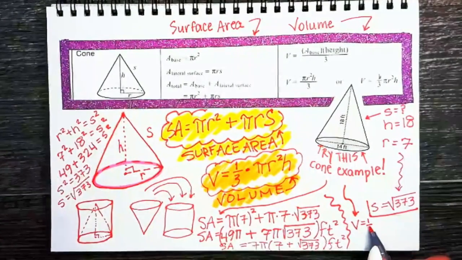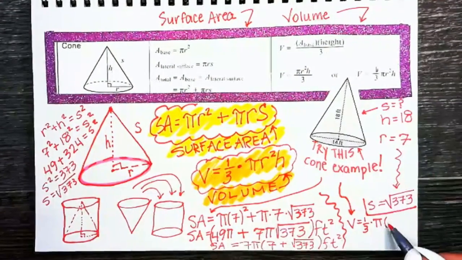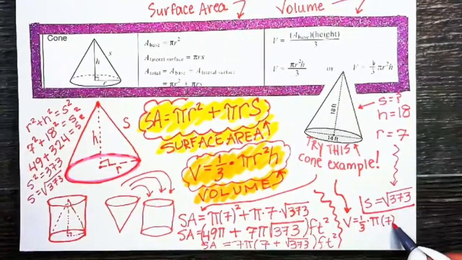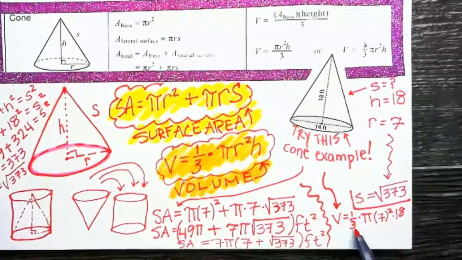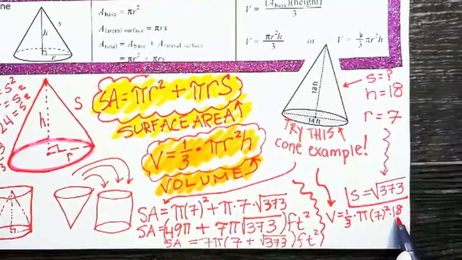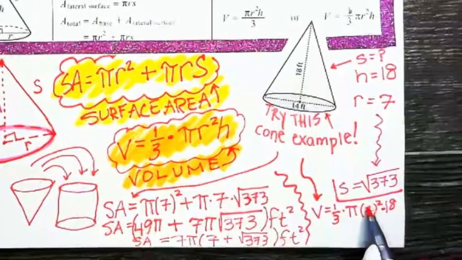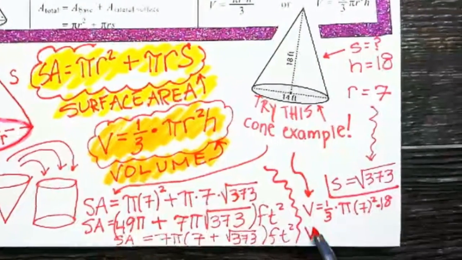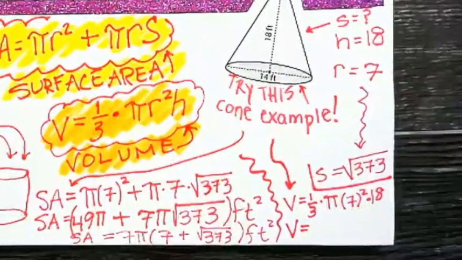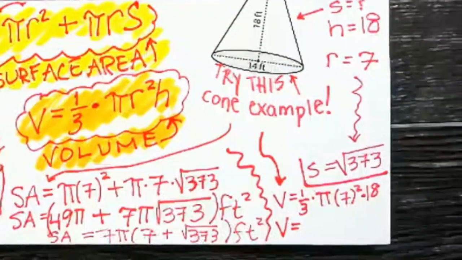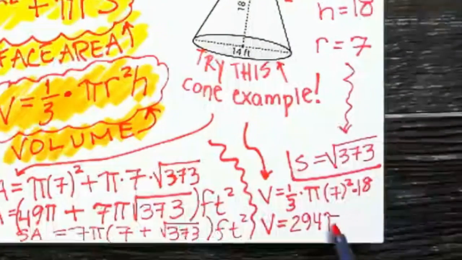Next up, we're going to do the volume for the same example again. Volume is 1/3 the volume of the same cylinder, so pi r squared, 7 squared, h, which is 18. I would take this 1/3 and apply it to the 18. 1/3 of 18 is 6. Now all you need to worry about is 49 times 6, and we're going to leave pi in the answer. 49 times 6 equals 294. 294 pi